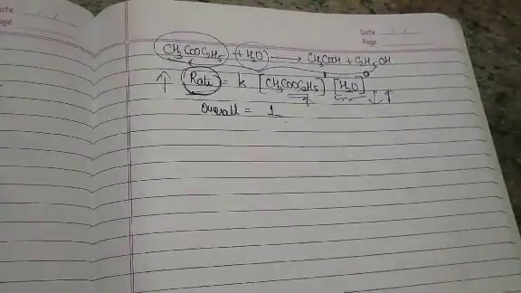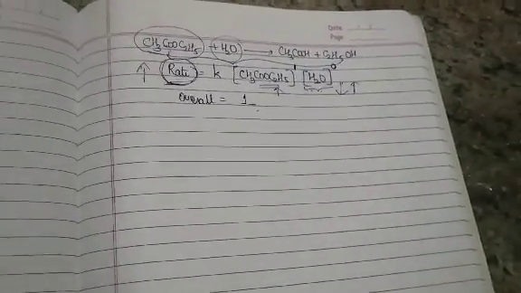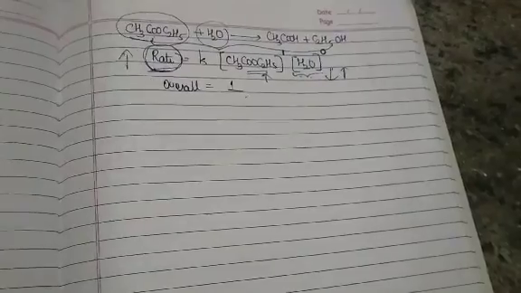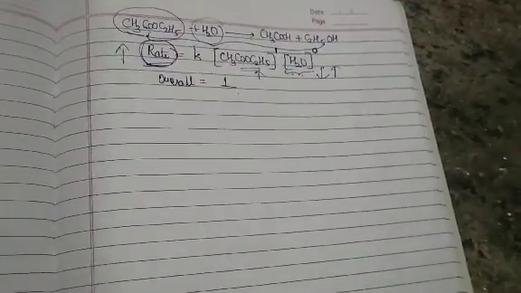So this is a major thing which the order says, how your rate depends on reactants. Okay, in our next part we are going to see what we mean by the molecularity of a reaction. A very important concept, and by utilizing our order and molecularity, we will be defining a new order of a reaction which will be called the pseudo first order reaction. So in our next video, we will be looking after